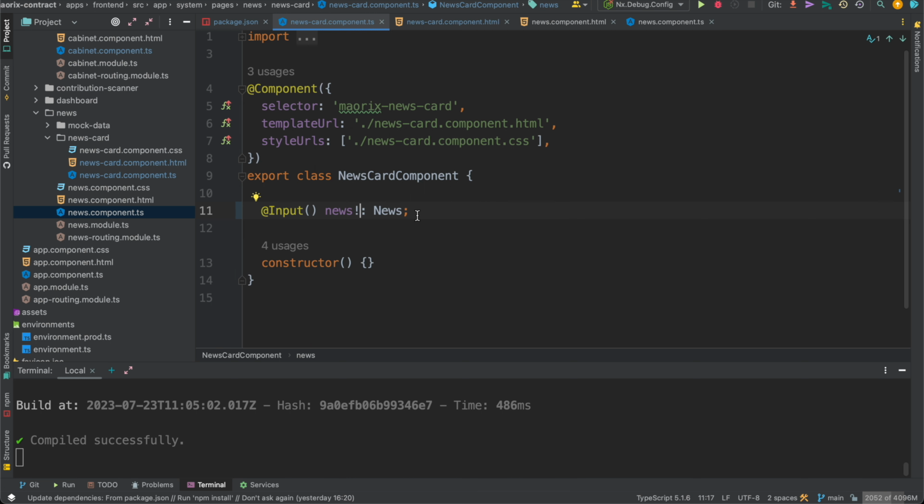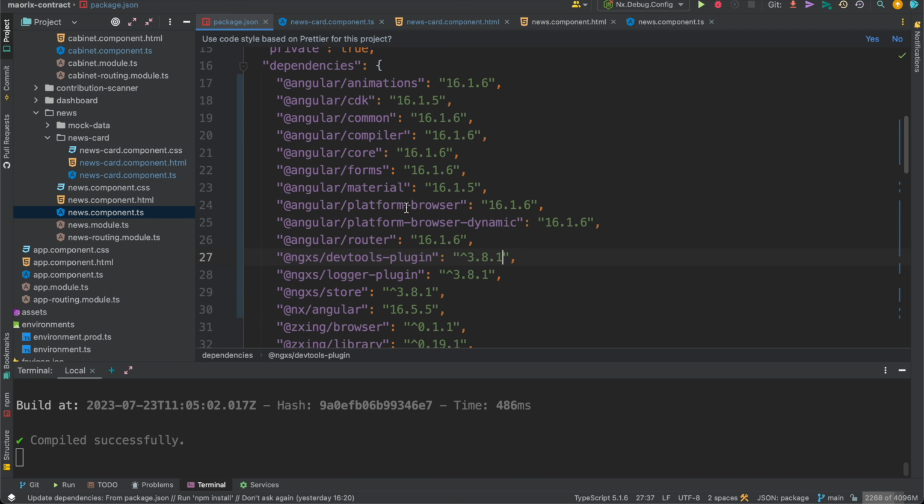And if we are sure that our news item will be required, we could have a type assertion here. Overall, type assertion is not a good practice, but here it looks like we can do it if we're confident this property is required here. But also required inputs were added in Angular 16, and as you can see in package.json,